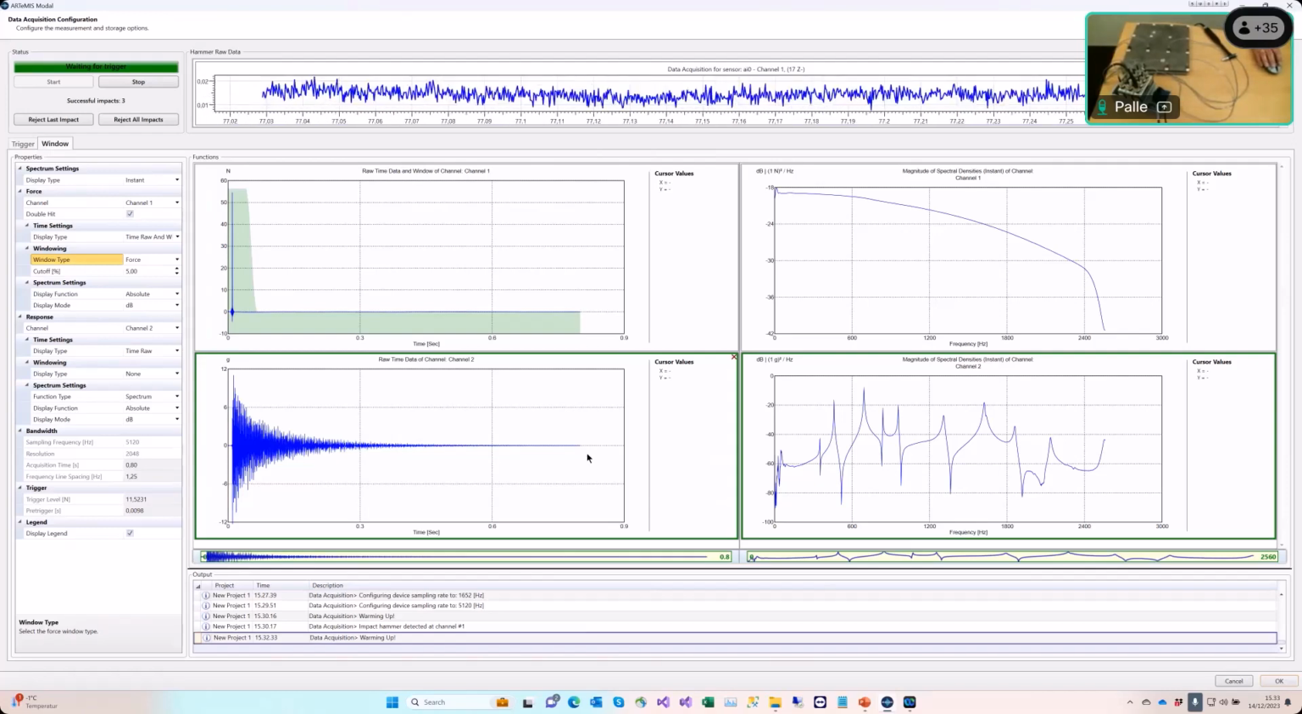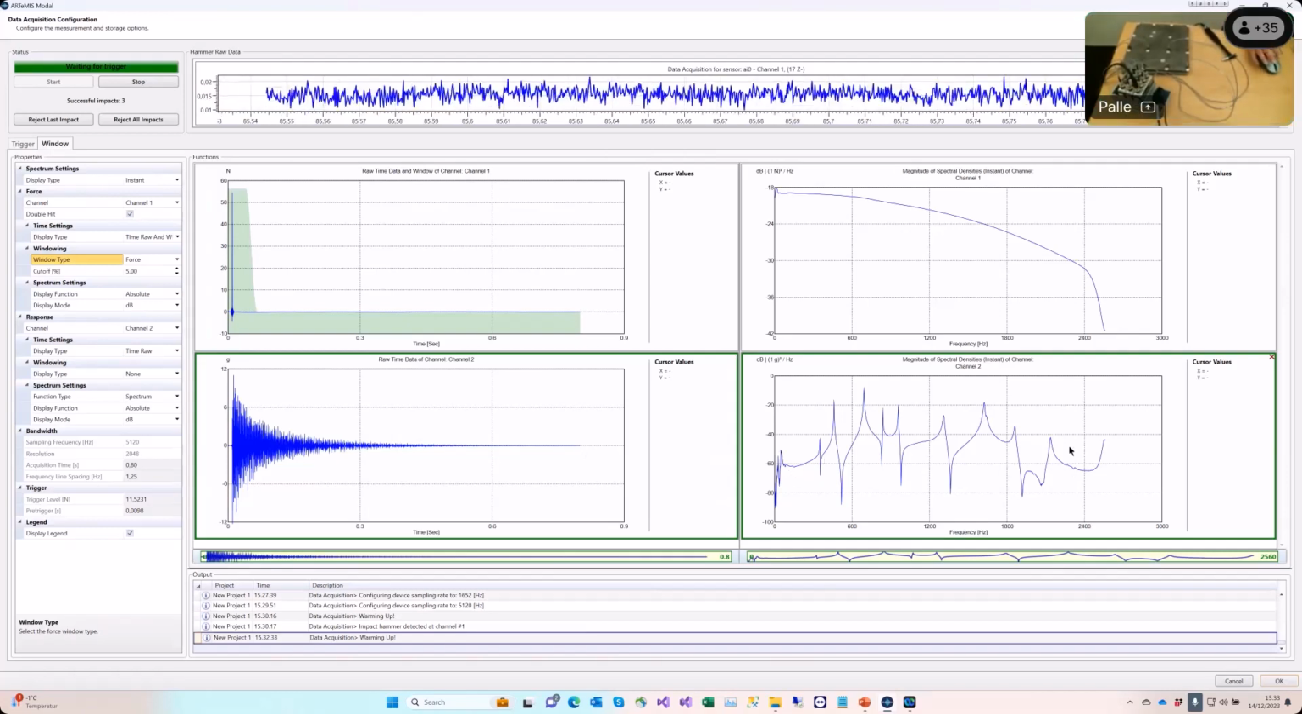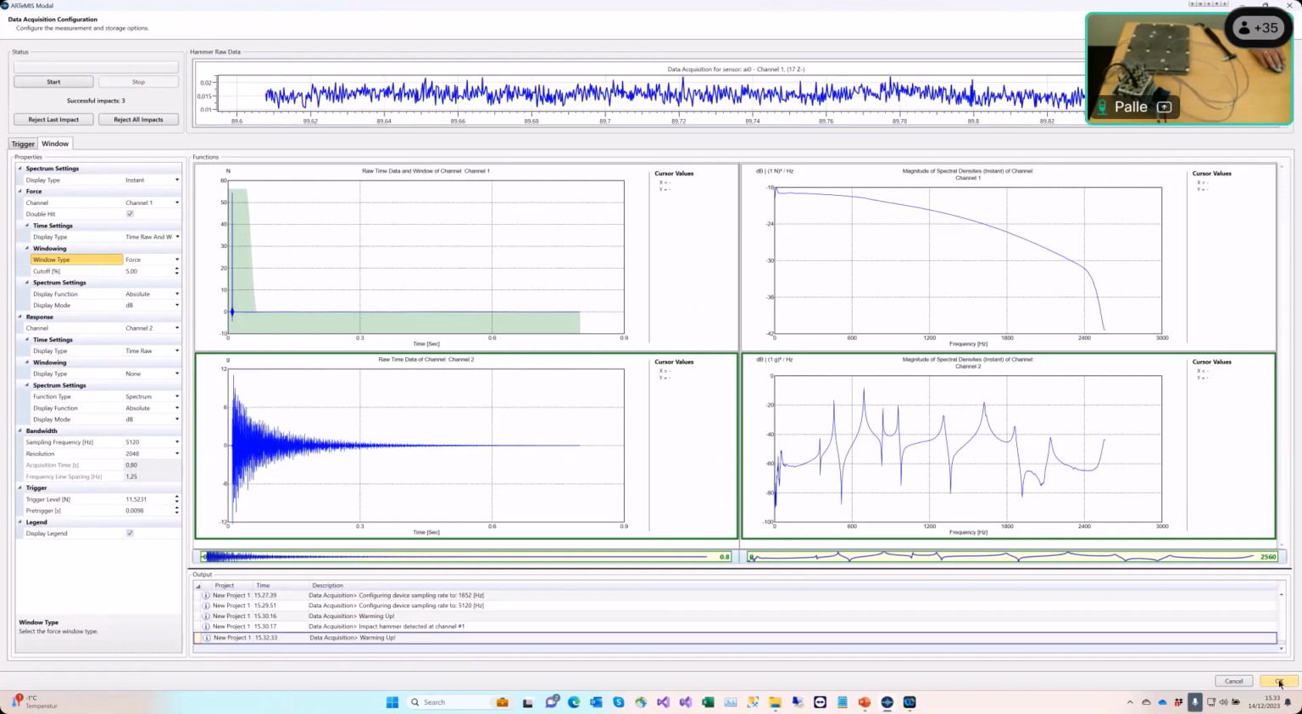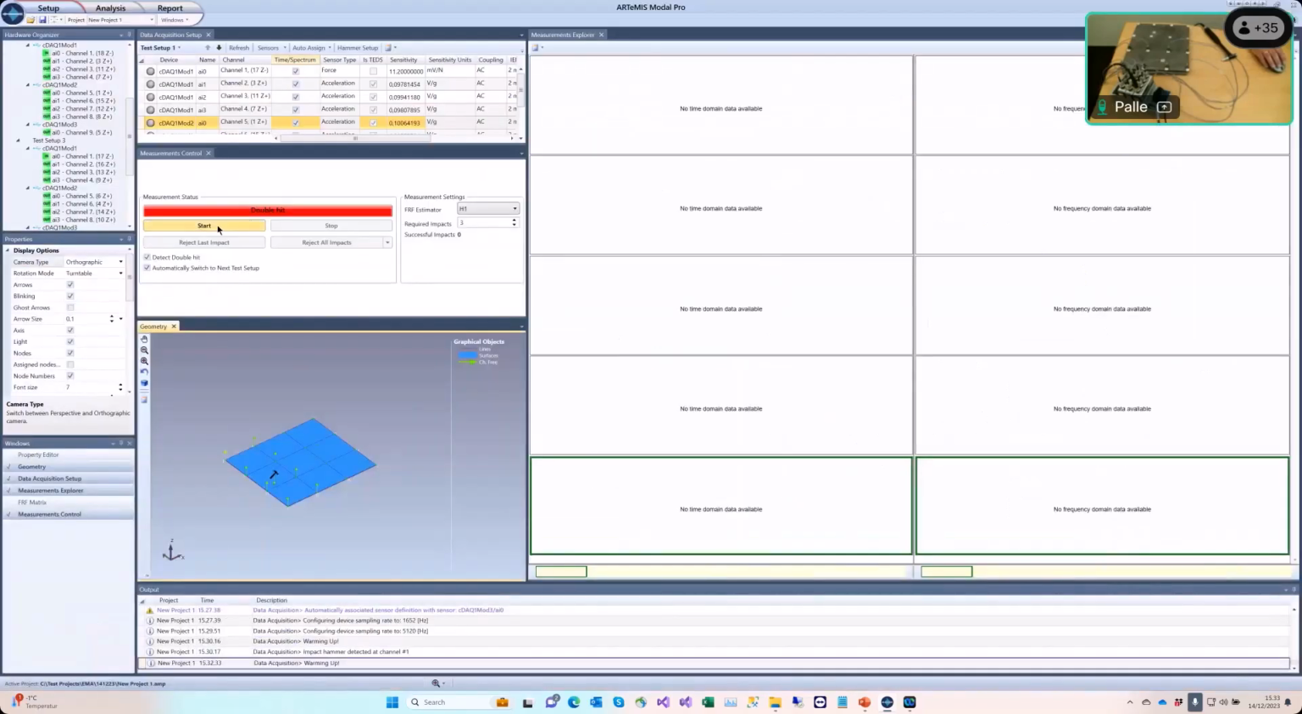Over here you can see the spectral density of this particular channel, and you can see the different places where we have resonance frequencies. So we say everything is good here, and then we will start our little exercise. As you can see here, I have set up for 3 impacts every time. So if I start now,